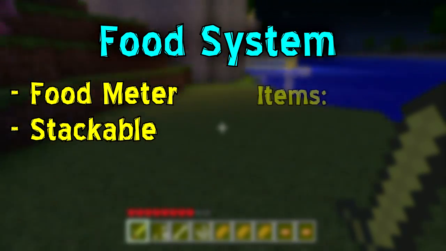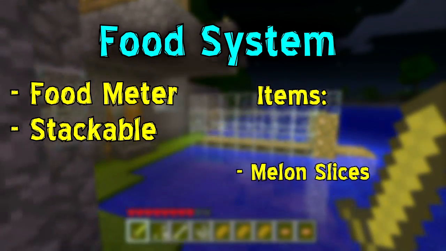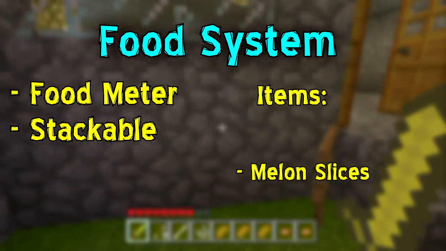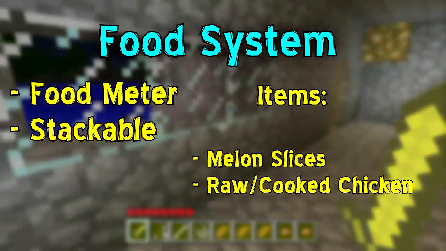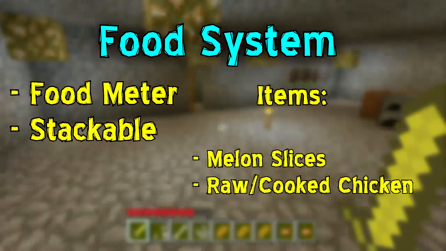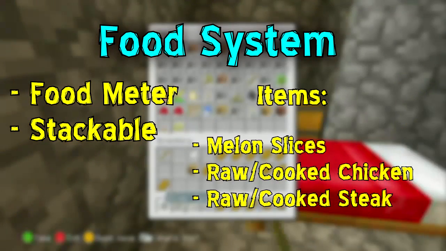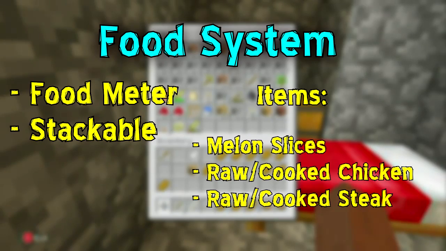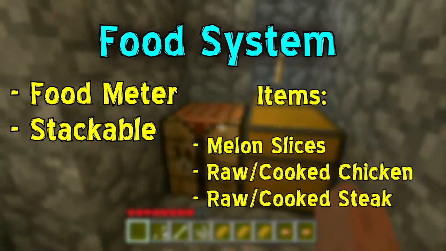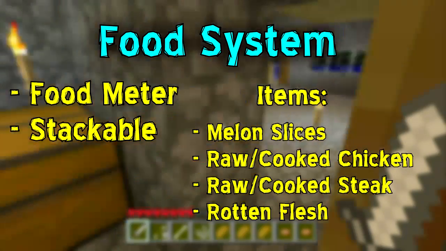But some of the new food items that they're going to be having are melon slices, which obviously you get from planting melon seeds in the ground. Raw chicken and cooked chicken, which obviously is from chicken, duh. And then raw beef and steak, which is from a cow. And then another thing that finally makes sense is that rotten flesh, which is dropped from a zombie,